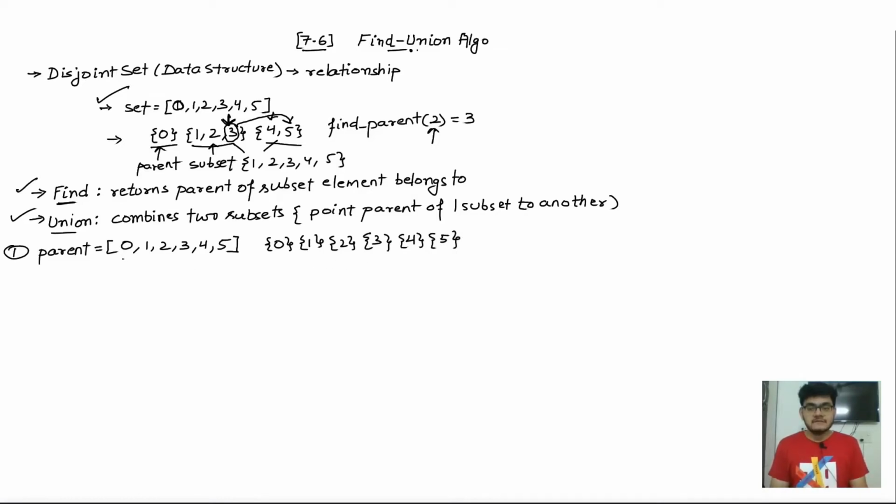So you can see that this parent array has positions 0, 1, 2, 3, 4, 5. So 0 is the position, right? Let's assume that this is i. So i is the position, and if the position is equal to the item inside the parent array, we are going to say that this is the actual parent of this node, right? So 0 is a parent of itself, 1 is a parent of itself, 2 is a parent of itself, and so on. Now we are going to change these values according to the parent so that we can obtain these subsets, right? So let's see how we can do that.